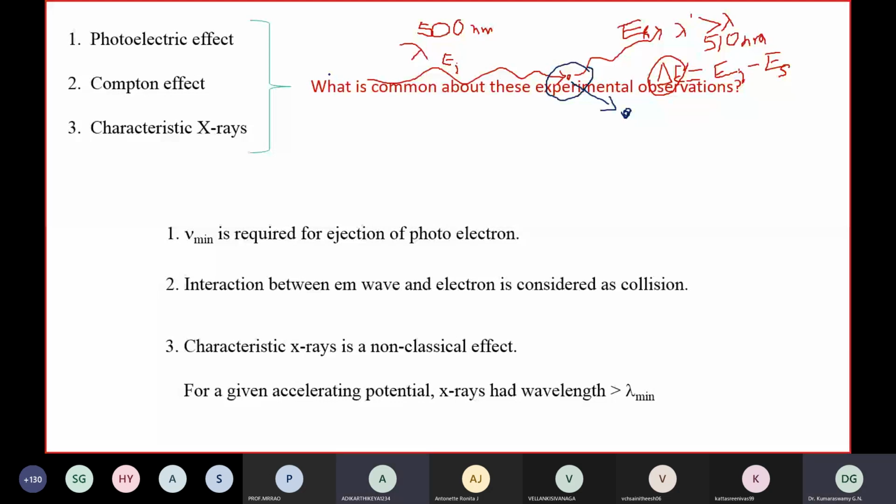See, characteristic X-rays: what happens? You accelerate electrons and bombard them on a material. These electrons knock off the core electrons of that material. You are using one free electron to knock off a core electron of an atom. When the core electron of the atom comes out, the electrons from the